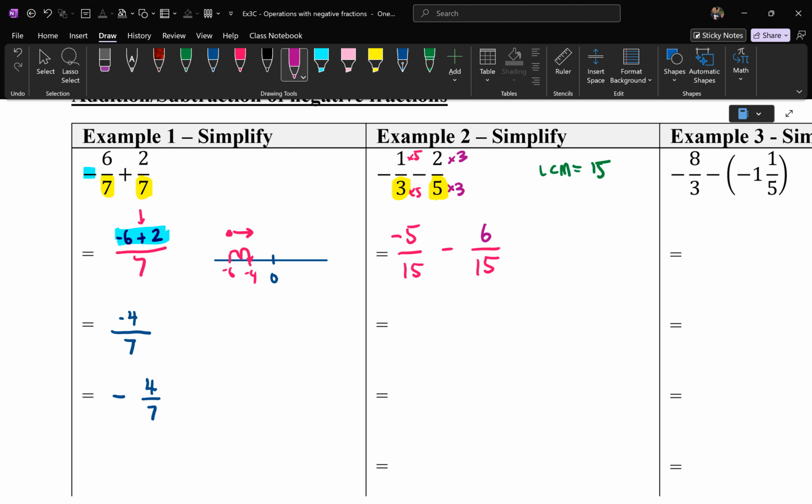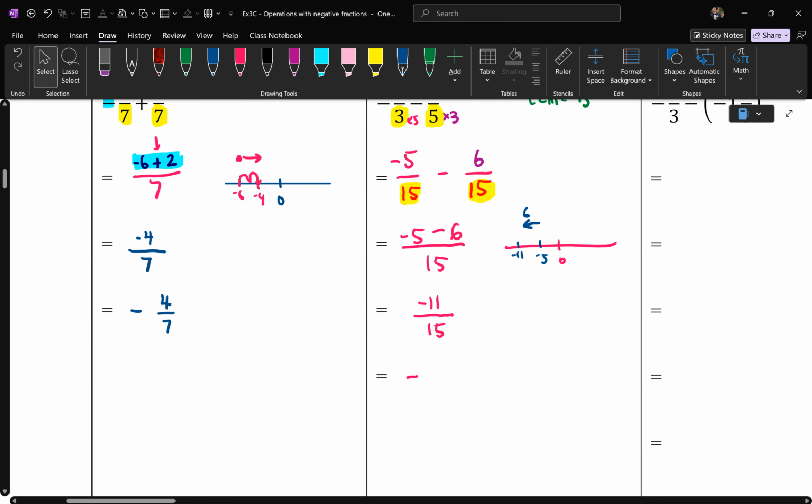Now let's add and subtract. Next line, now that they are the same denominators, how many 15ths do I have? I've got -5, and then I've subtracted another 6. Use a number line. Have a think. What's -5 minus 6? Let's go with Zara. -11. Very good. Again, -5 here. Minus means you go further left, and you go an extra 6, so hence it's -11. So you should have -11 in the numerator over 15, but like I said, you don't have to keep the negative in the numerator. We normally write the answer as